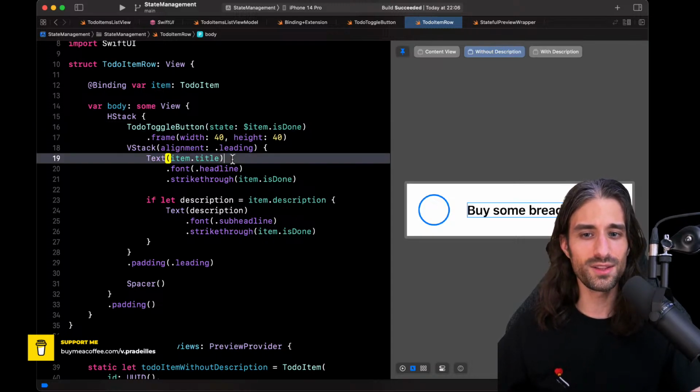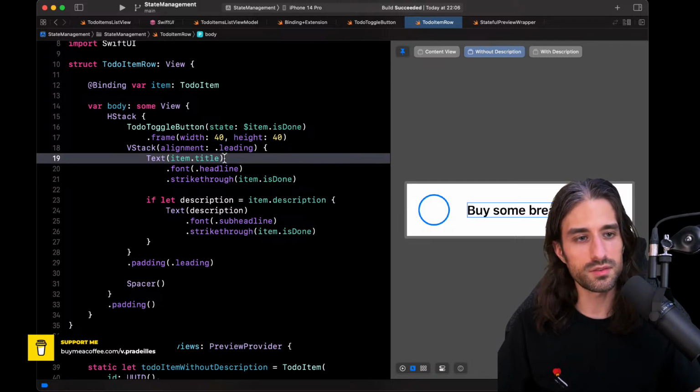I wanted at some point to highlight the fact that bindings allow for a two-way data flow, so when we want the child view to be able to update the data. But there are lots of cases where we actually don't want or need the child view to update the data. Like here, this text only has to display a string, but it doesn't need to be able to modify it. And in that case, there is no need to bother implementing a binding. You can just pass in the data and it will implement this one-way data flow between the parent and the child view.